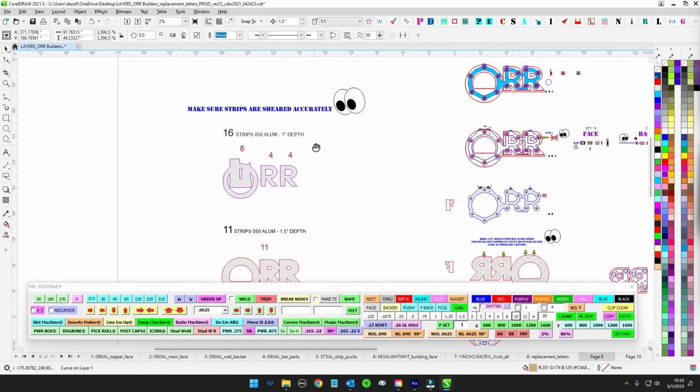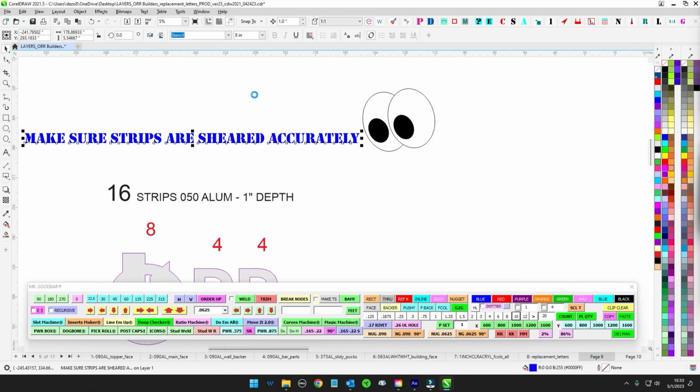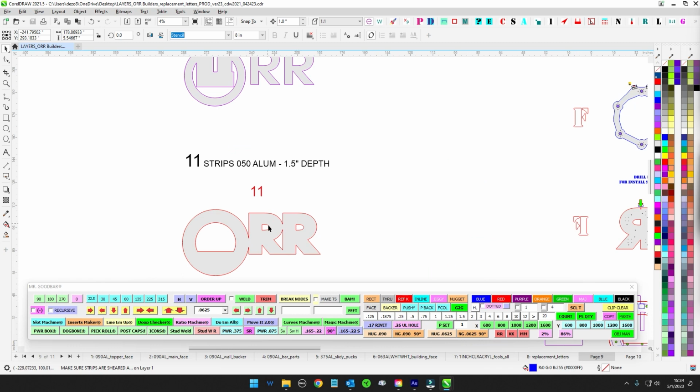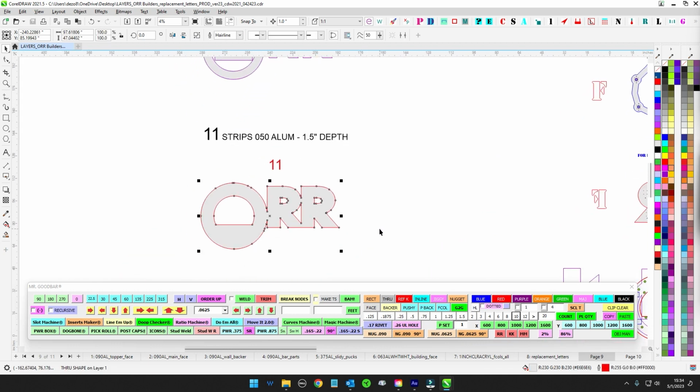On both of these, I know that when you're working on regular reverse channel letters, you can play it a little fast and loose because they're just floating above the wall. But because this 1 inch is actually going to sit on top of the face of this, and this is going to sit up close to the wall,